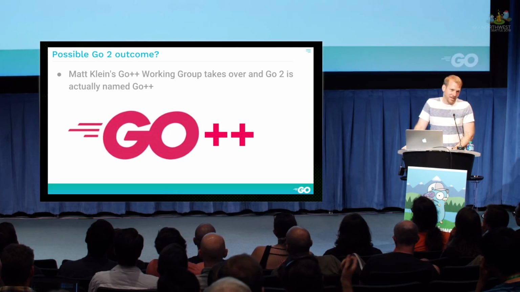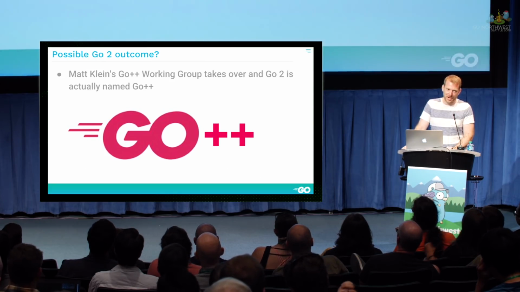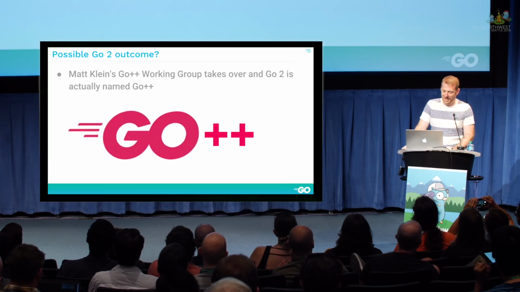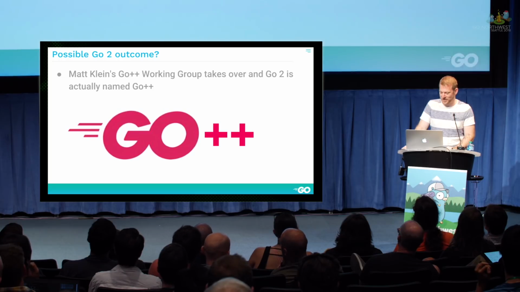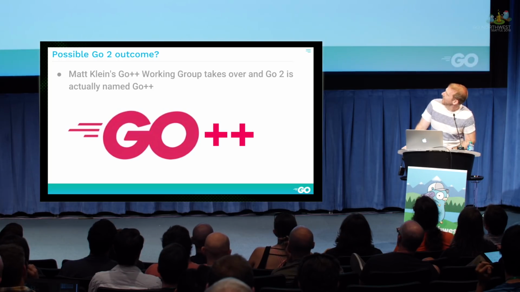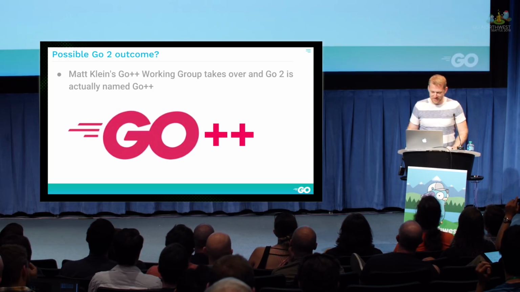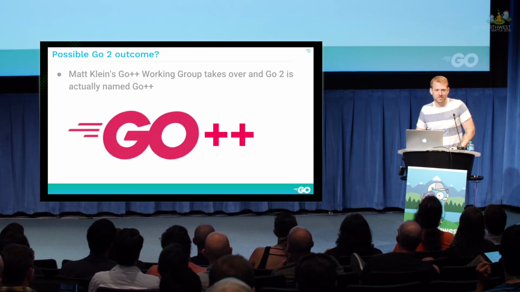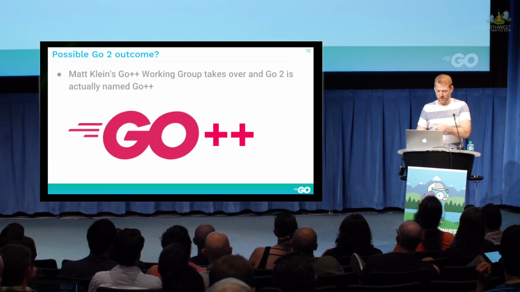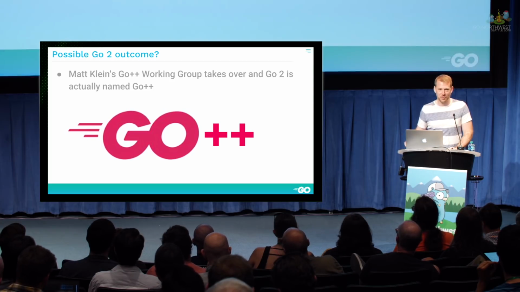Or we let Matt Klein take it over, and their working group calls it Go++. He was sad that he couldn't be here today. I'm not sure why he didn't come. He was closing bugs or something instead, but he wanted to talk about Go++. You can find it on Twitter, except you can't, because you can't search Twitter for Go++, but you can just read Twitter a lot, and you'll see a lot of discussion about Go++. Everything except for what it is.